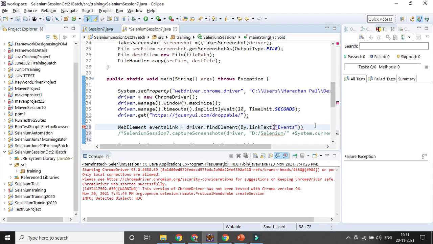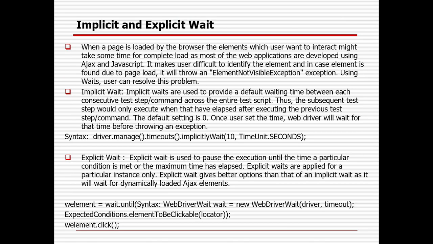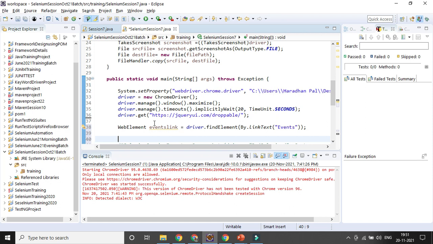So first I am identifying the element. Then what should I do? You could see here I need to create a WebDriver wait. I need to create an object for the WebDriver wait before that.